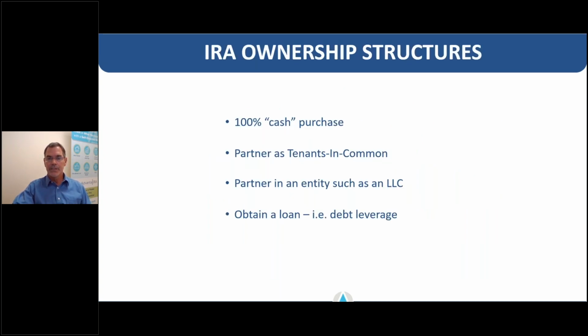Now, let's transition into real estate specific. So we're talking about an IRA that is going to purchase real estate, in this case, a physical property. There are some ownership structures that are available to you. One is your IRA can purchase the property outright, so 100% ownership. If your IRA does not have the full purchase price, it certainly can partner with other investors, and that could be either as tenants in common on the title work, or in some cases, and this is very akin to those private funds we were talking about a moment ago,